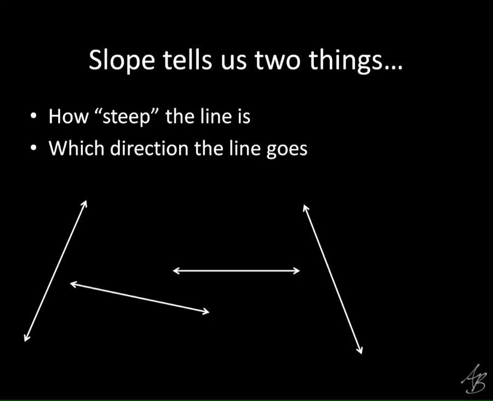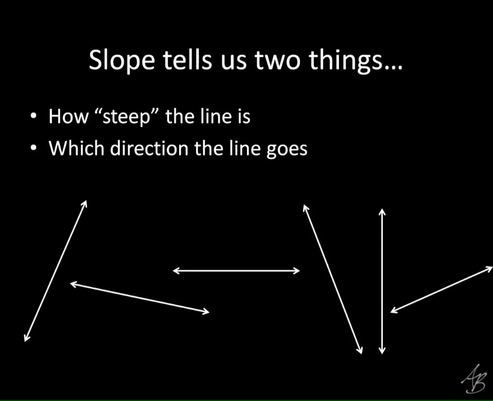How about that one? Positive or negative? That's negative because, again, as we go from left to right, it's going down. All right, and how about that one? That's another one that's neither. In fact, on this one, you can't go from left to right, can you? The only way you can go is up or down. You can't go left or right. So that's another one that's neither positive or negative.